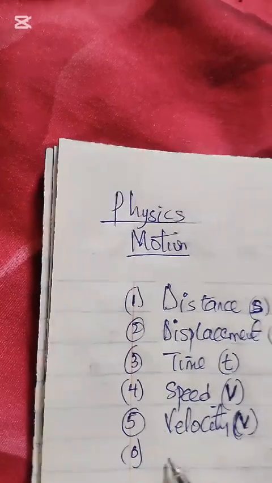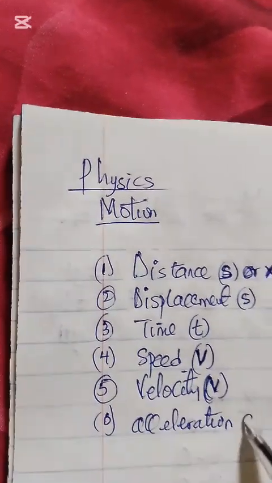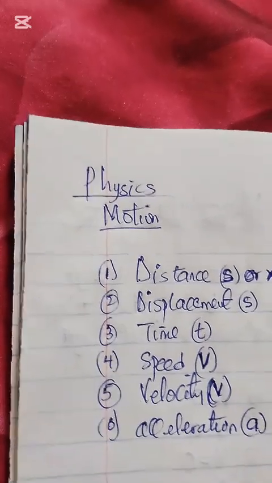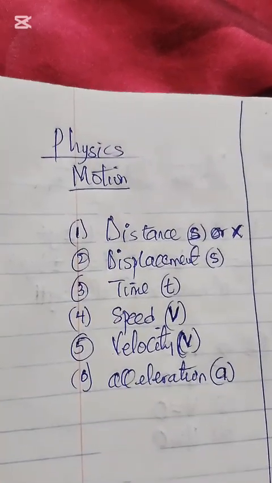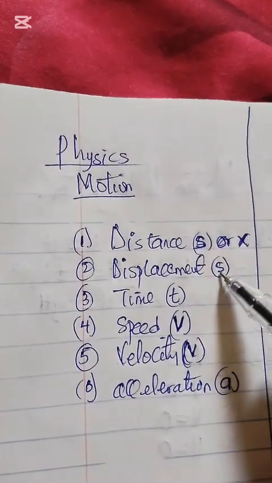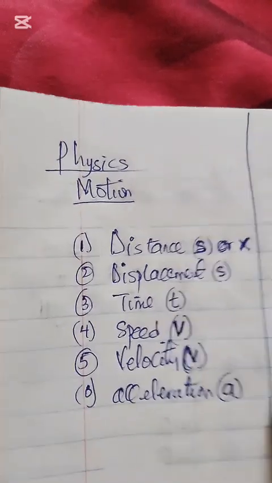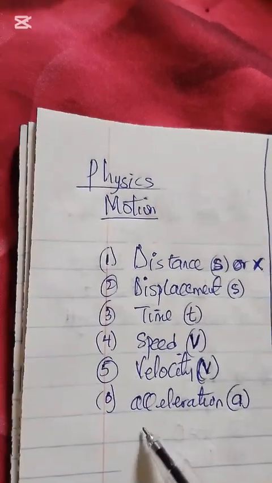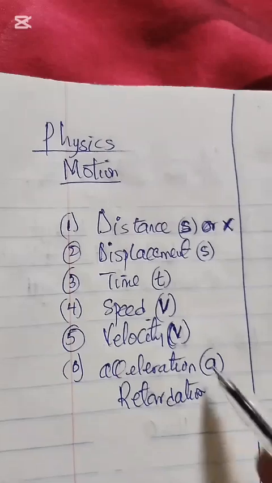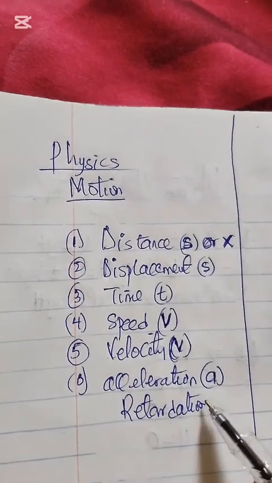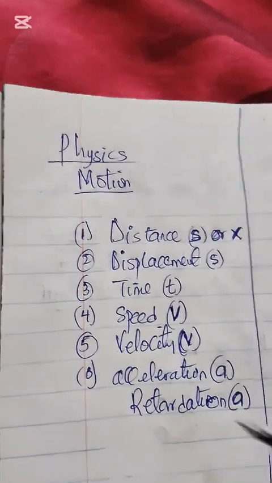And we have acceleration. Acceleration is represented with A. So these are the major terms used while describing rectilinear motion. S for distance or displacement, T for time, V for velocity or speed, and A for acceleration. We also have retardation. Retardation is just the opposite of acceleration, which is decrease in velocity, and is also represented with A. So these are the terms used in